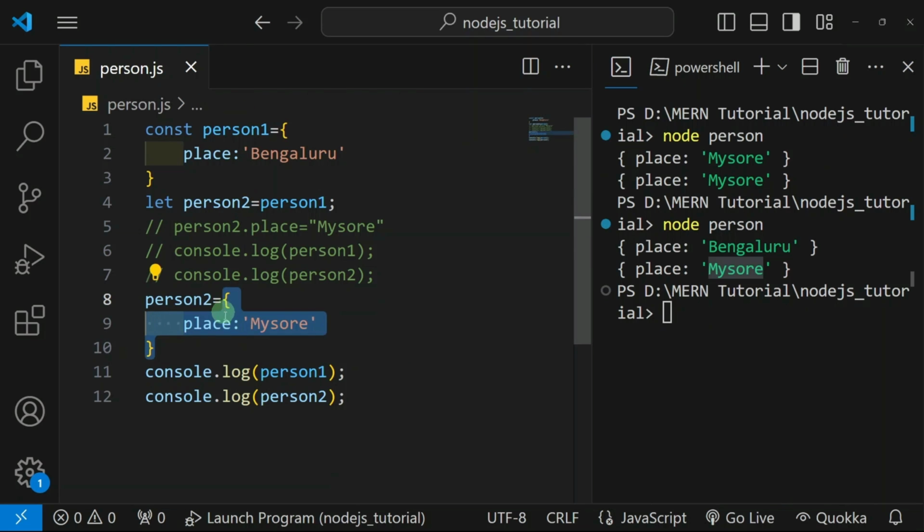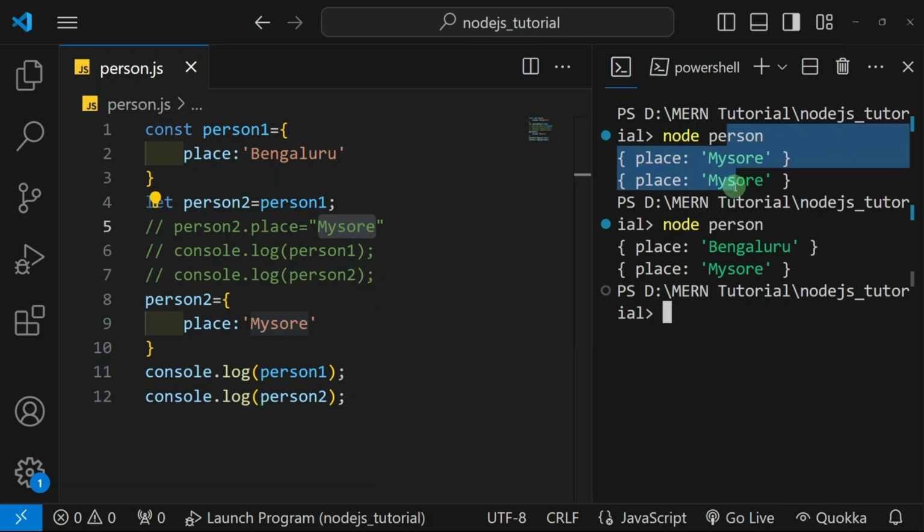So now here, as soon as I assign this person2 to this complete new object, what I have done, I have just broken my reference. So that is the reason person1 is having the old value and person2 is having Mysore, that is the new value. But directly, if I update the value using the property, for both person1 and person2 I got the value as Mysore. I hope this example is clear, because now using this concept, we are going to see the difference between module.exports